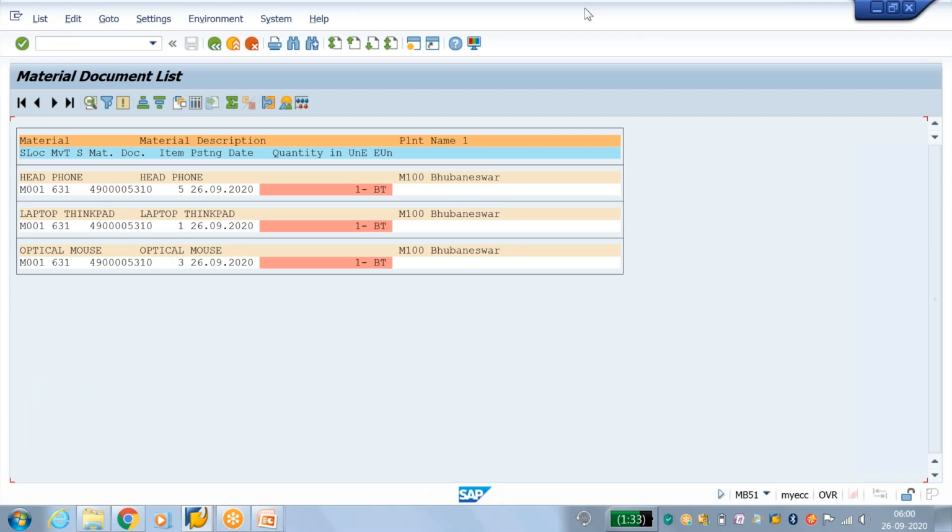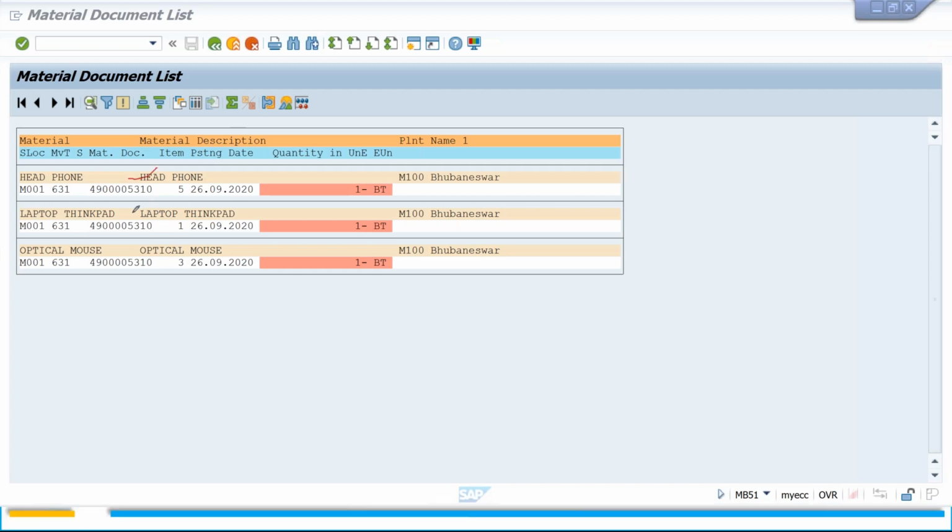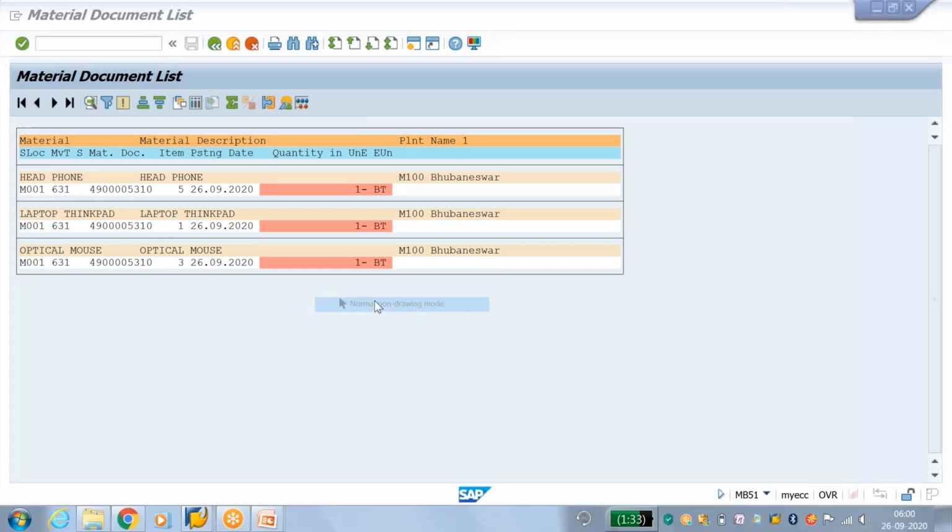So we have allocated these assets to the customer: one headphone, one laptop, one optical mouse. So for this purpose, we have to create an employee as a customer for asset allocation.